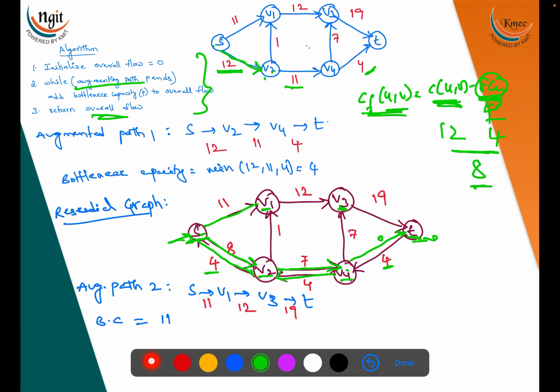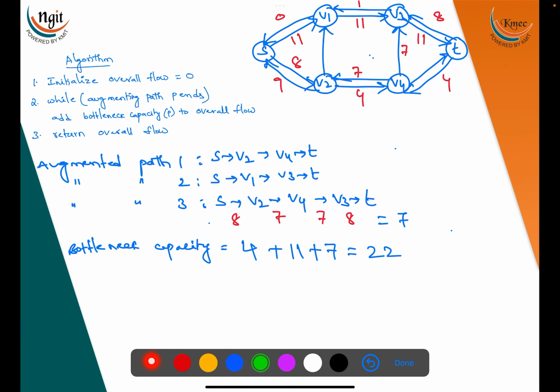Now S2 to V1, V1 to V3, V3 to T. There is a path. Now let's check. S2 to V1, V1 to V3, V3 to T. This is what? The second path. This we were done. This is the second path. Now second path values are what? S2 to V1. S2 to V1 value is what? You have to consider the previous graph. S2 to V1 values are,